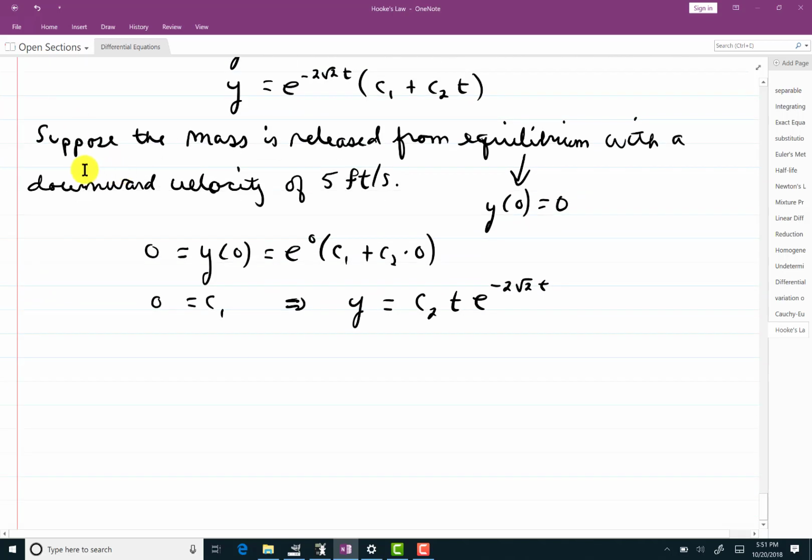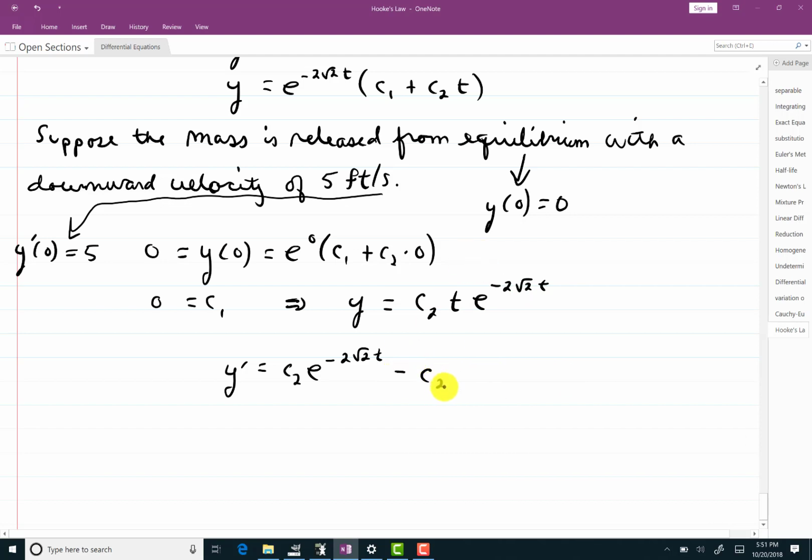Now next, the initial velocity is 5 feet per second. So I have this right here, which tells me that y prime of 0 equals positive 5. So let me go ahead and take the derivative here. y prime equals c2 e to the negative 2 radical 2t, plus, then I'm going to take the derivative of this stuff. Actually, it's not going to be a plus, it'll be a minus